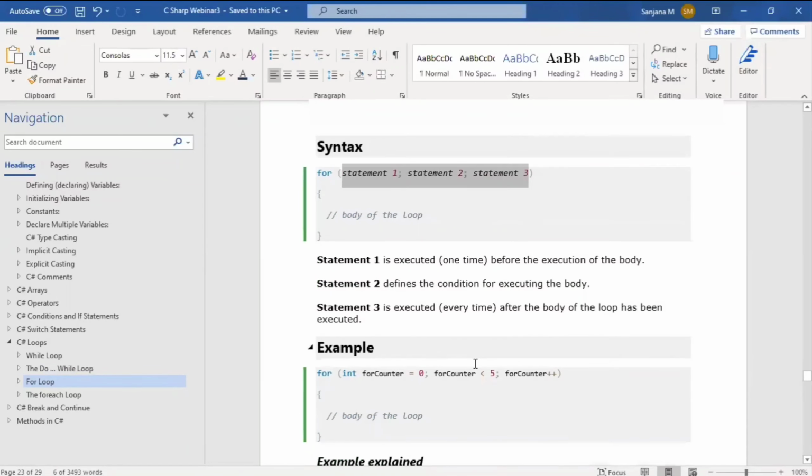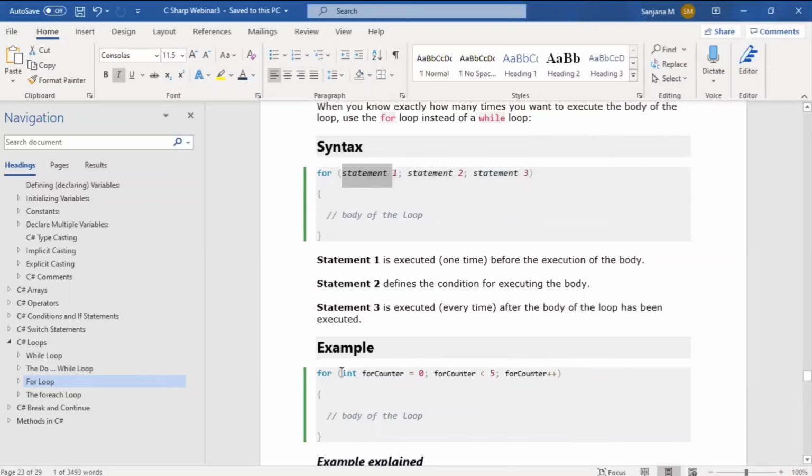If you look at the example here, statement 1 is where we define the data type, the variable, and its initial value. So we initialize here. The initialization happens with the variable, its data type, and the initial value, all in statement 1.